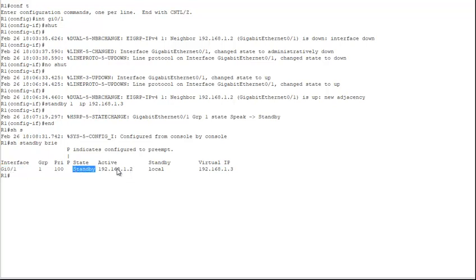Again, sorry, R1 is standby. The active router in this topology is 192.168.1.2. The standby router is the local router, meaning the router I'm on, and the virtual IP for this group is 1.3. If we do a show standby,